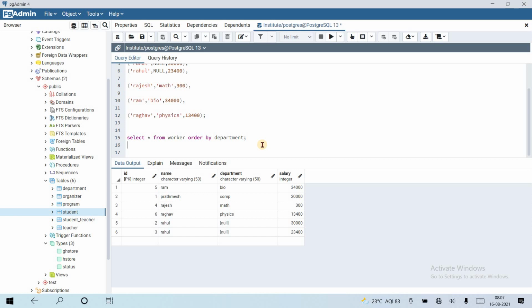So how many workers for each department? Let's count. For each department means we need to use group by department. So count star from worker group by department.